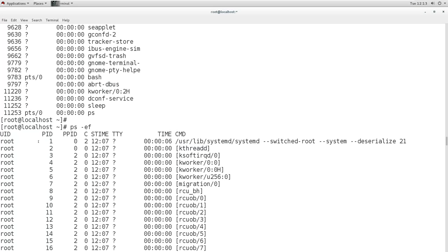And the actual first process is what? PID 1, it is what? systemd. This is the first process, executed in RHEL 7, and it is executed by the kernel. That is why you see there is no parent process ID, it is showing 0. The kernel executes one more process, that is number 2, and that is related to kernel threading. And then this kernel threading executes other processes.